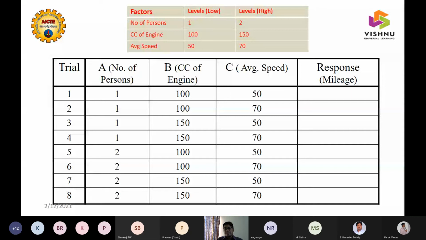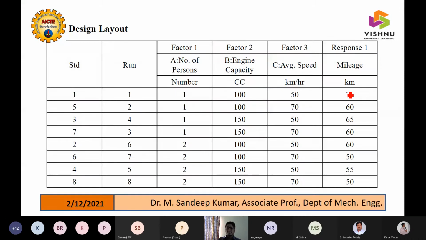Yeah. So let us start. So what is actually affecting the response? So depending on this, this was the run order, which is given or which was specified with the DOE, from the DOE software. Okay, so with this, we had some standard mileage test results. So depending on the run order, I have done some experimentation, and I have noted down the values here. I've noted down the values of the mileages what I got with various combinations of the test.